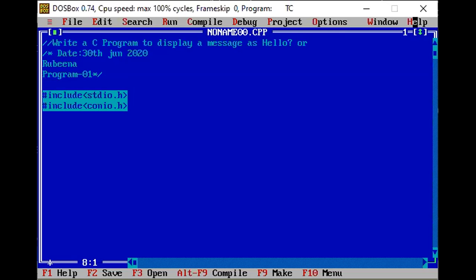Now coming to the next section, here we require the global declaration. I don't require any variables for the time being. I just want to display my hello message. So I am going to use a keyword called void, and beside that the main function will always be followed by brackets, and then curly braces for the body of the program. So here I won't require any variables, no execution, nothing. I just want to simply display a message. For displaying a message, we will never use any capital letters over here.